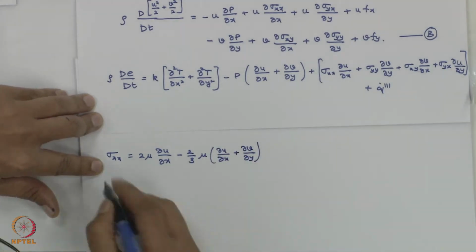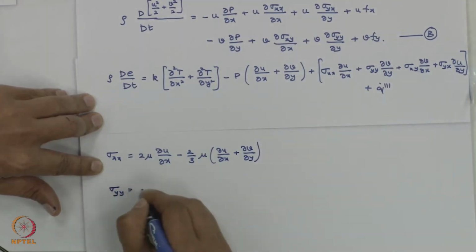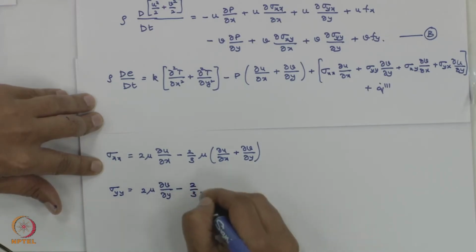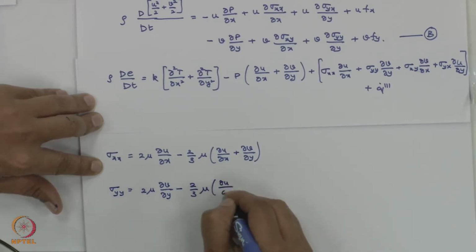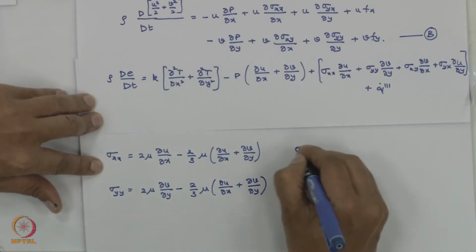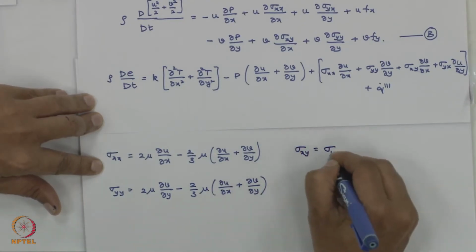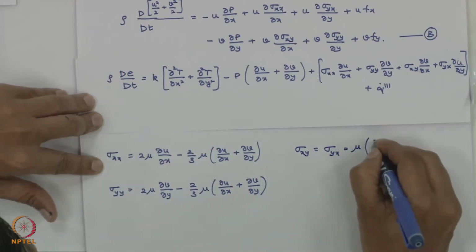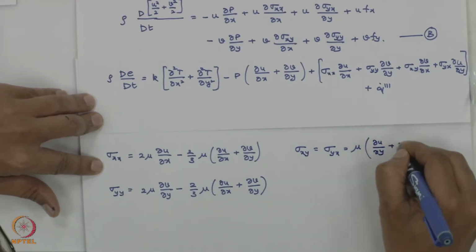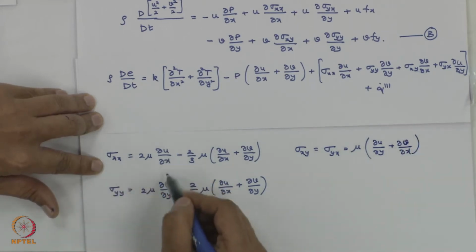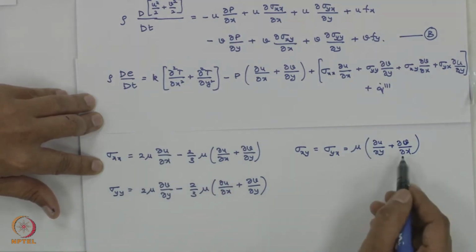Similarly, sigma yy is equal to 2 mu del v by del y minus 2 by 3 mu (del u by del x plus del v by del y), and sigma xy equal to sigma yx is cross velocity gradients because this is shear stress. So, del u by del y plus del v by del x. Notice in xx, all u in x, v in y, velocity is in the same direction, here cross velocity gradients,